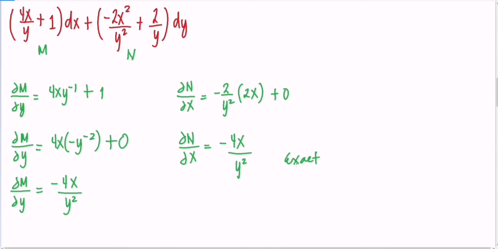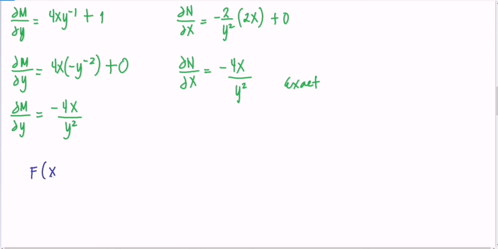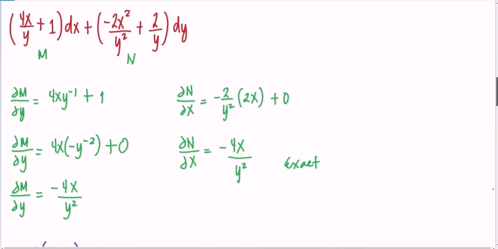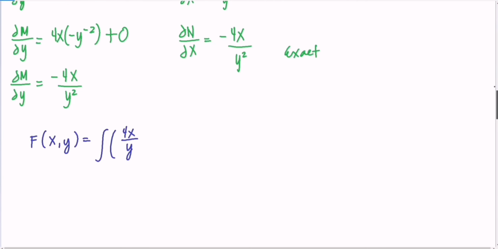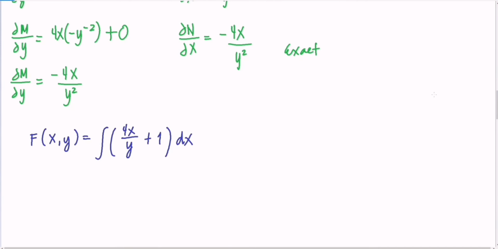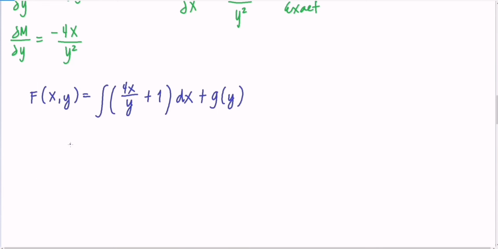So pag exact na, pwede na nating i-apply yung ginagawa natin doon sa ating last topic, which was exact differential equation. So dito, piliin na lang natin si M. Okay, so si M ang gagamitin ko para sa first natin. So yung M is 4x over y. So integral of, so si M ulit ha, 4x over y plus 1 dx. Okay, so pinili ko dx yung M. So therefore, this one would be g of y. Ayan, okay. So g of y yan, therefore, i-integral na natin 'to in terms of x, kasi dx siya. So in terms of x, therefore,